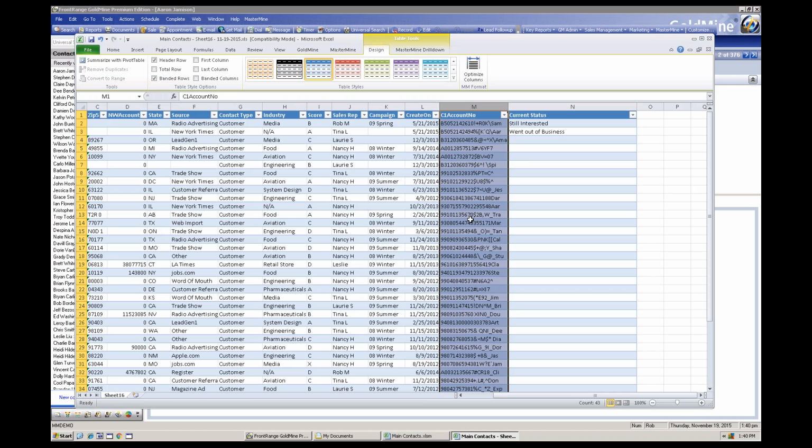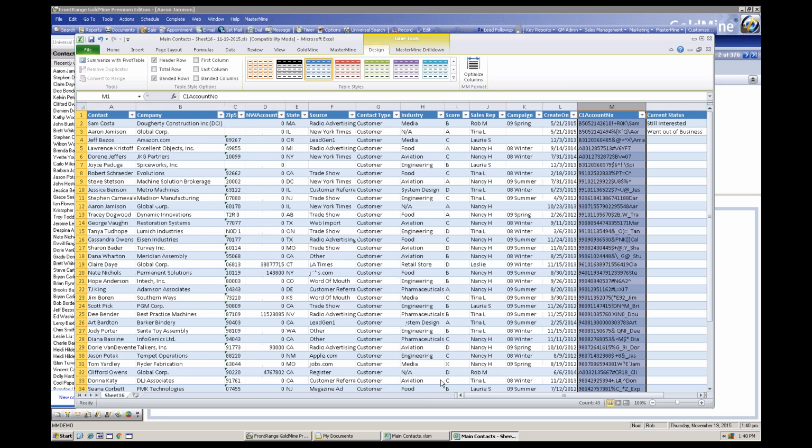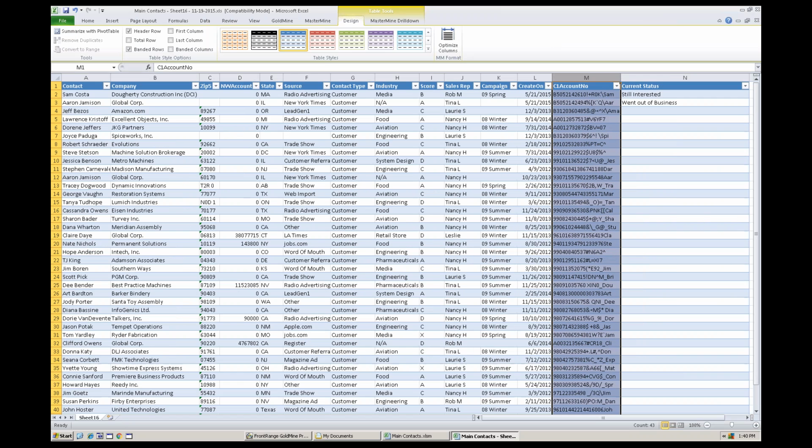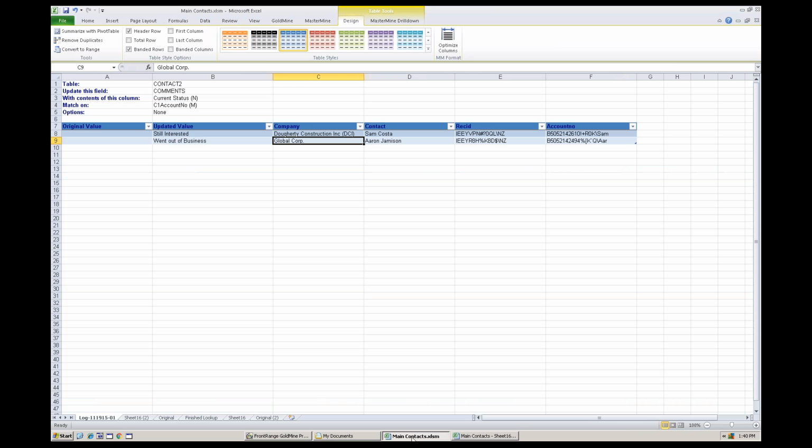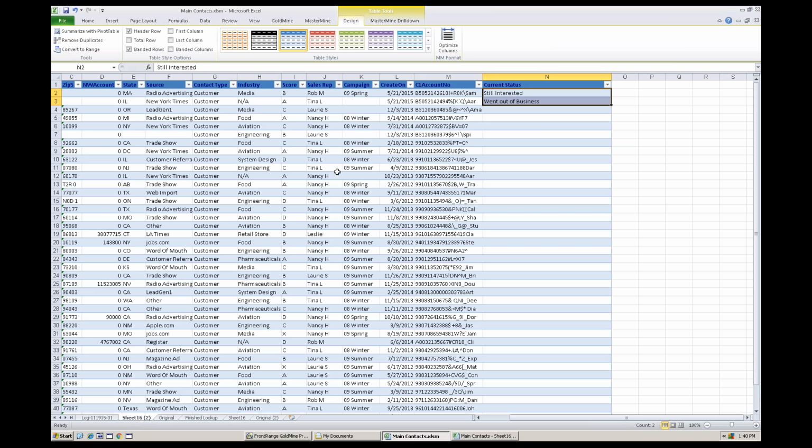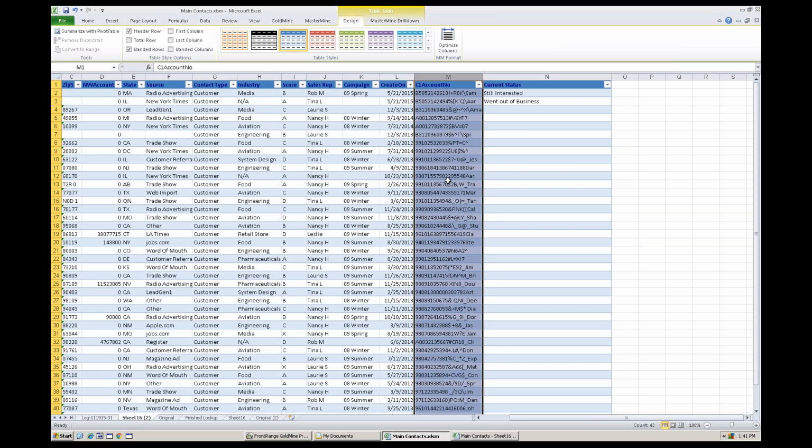I'm going to actually, let's do this. Do I have enough information here? I do. I'm going to take this as an example. And so let's say you had gone through all the same processes. You opened up a MasterMine report, you imported or you opened up this document within it, you copied the sheet over into GoldMine, made it into a table, as I've done here, but let's say it didn't have the account numbers in it,